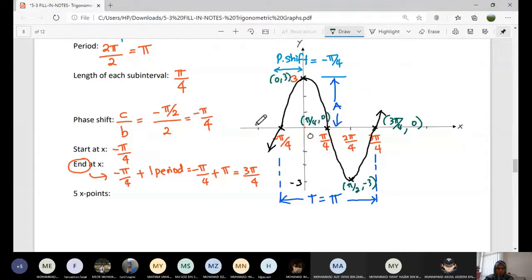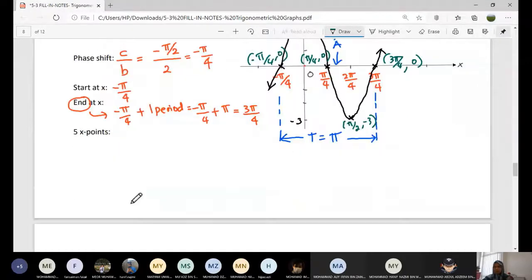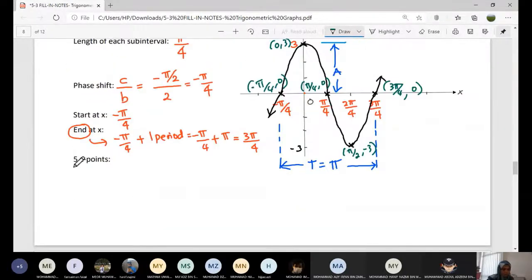And this is the starting point, negative pi over 4, 0. The x points here start from negative pi over 4 plus pi over 4 equals 0, plus pi over 4. This one you don't have to do if you don't want to, actually. Pi over 4 plus pi over 4 equals